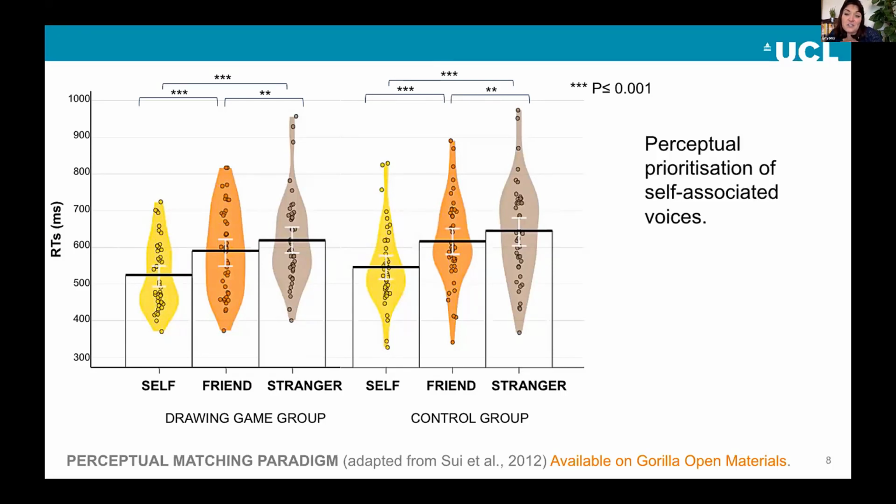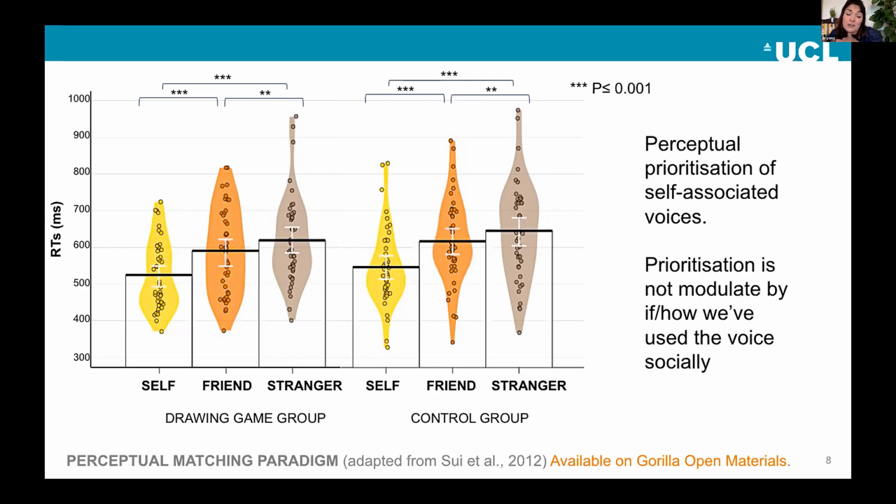So here we can show that there is perceptual prioritization of voices that we own, or voices that we've used, but that prioritization isn't modulated by whether we've used them nor how we've used them in an interaction with another